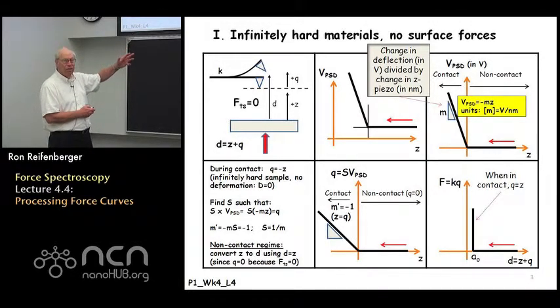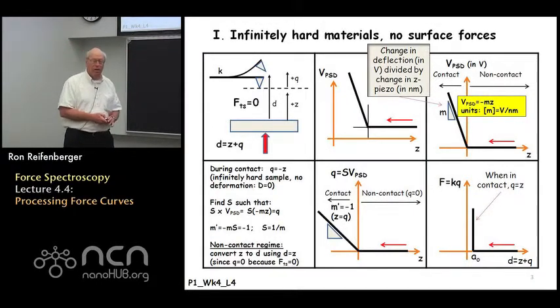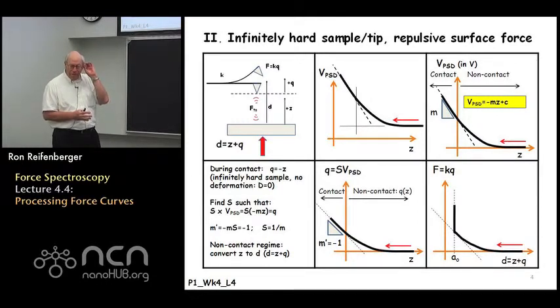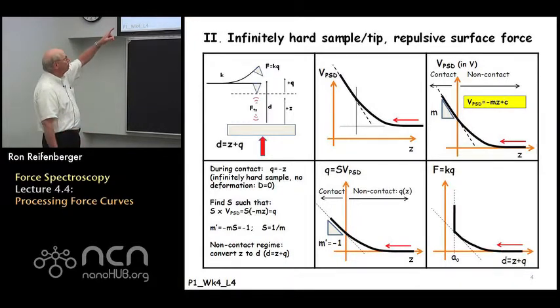And so if you understand this one, I hope it's easy to quickly follow through on the other examples. So the second case, let's again consider an infinitely hard sample and tip. Let's say for some reason there's a long-range repulsive surface force, right? If there's a long-range repulsive surface force, then your output of the position-sensitive detector is going to vary as